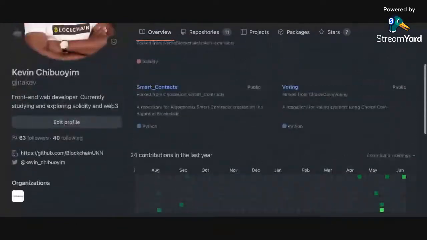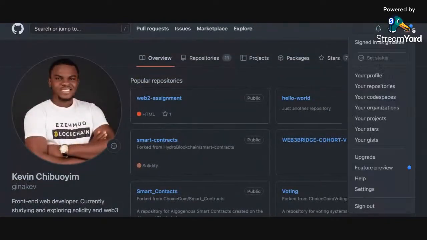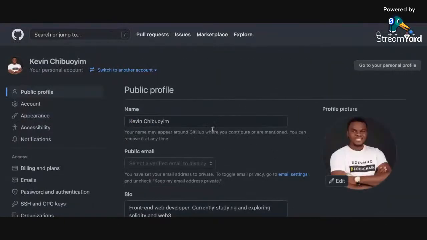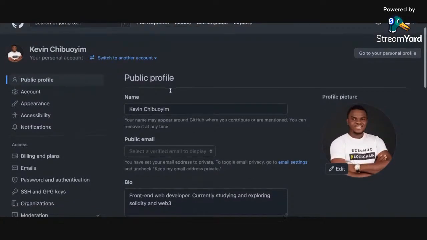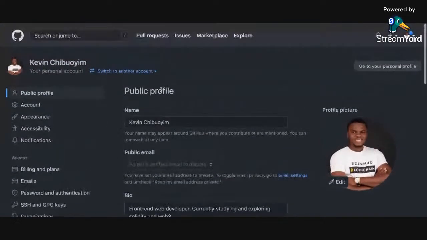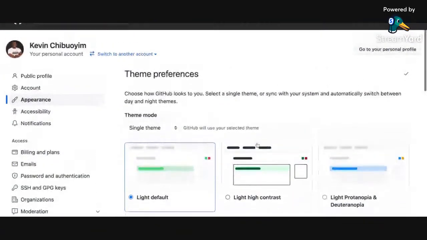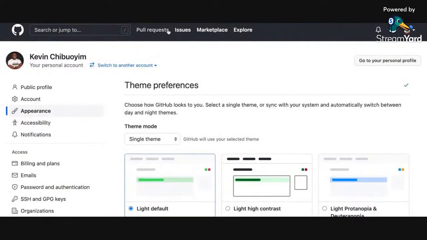Go down to the settings, then appearance. You can see appearance there. Is it clearer now, guys?